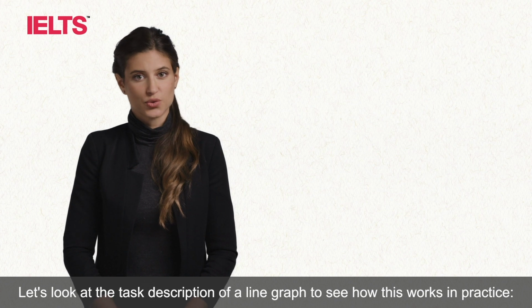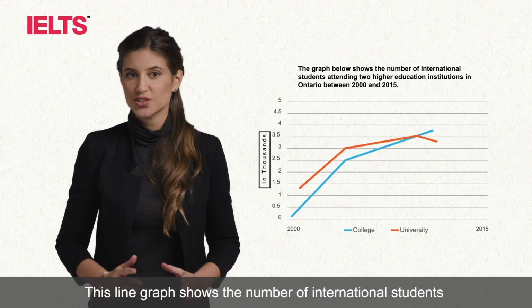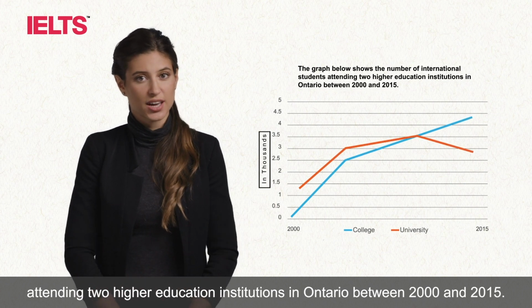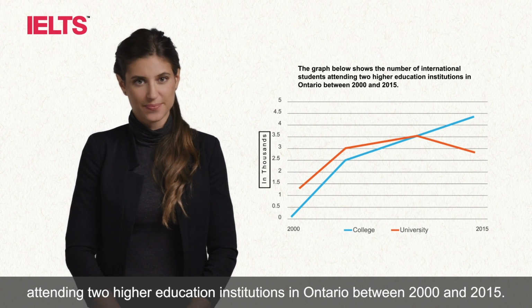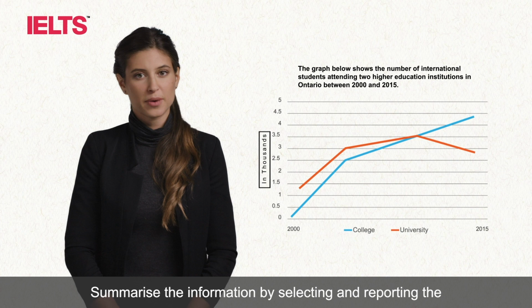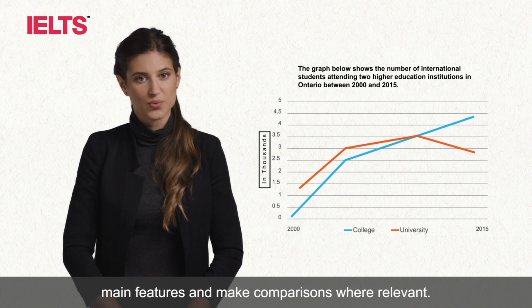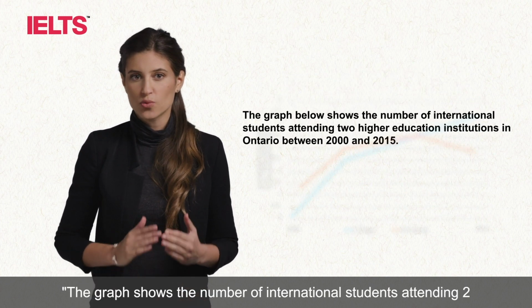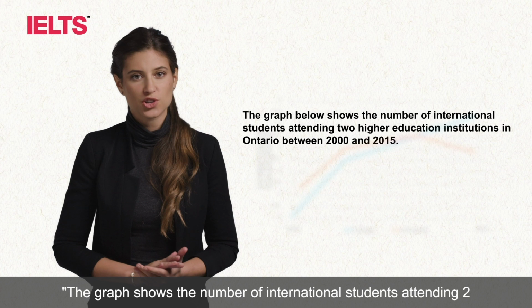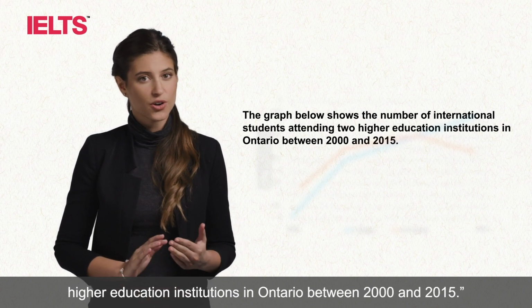Let's look at the task description of a line graph to see how this works in practice. This line graph shows the number of international students attending 2 higher education institutions in Ontario between 2000 and 2015. Summarize the information by selecting and reporting the main features and make comparisons where relevant. The opening sentence states, "The graph shows the number of international students attending 2 higher education institutions in Ontario between